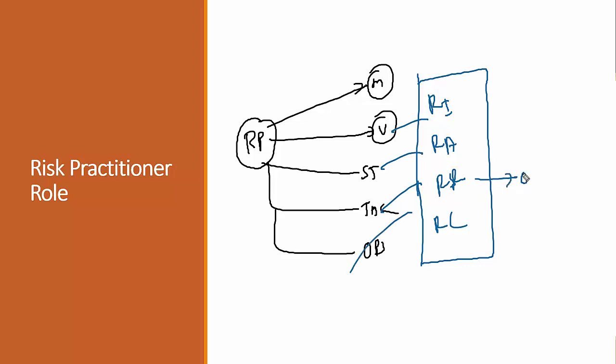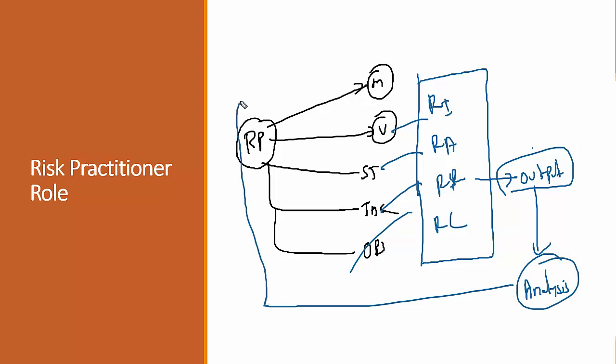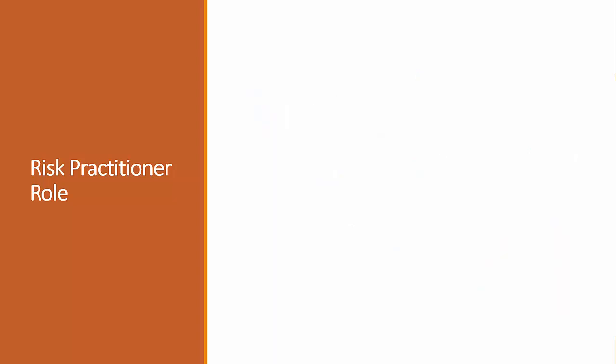Whatever output we get from this integration is going to be analyzed and reported to the board of directors or senior management, so that we can proactively manage every risk happening in the organization. So C-risk basically helps us to build the framework. C-risk helps me to build the governance of risk management and its risk controls, by which we can protect the organization and run the business with the organization's vision. That is the goal we have.